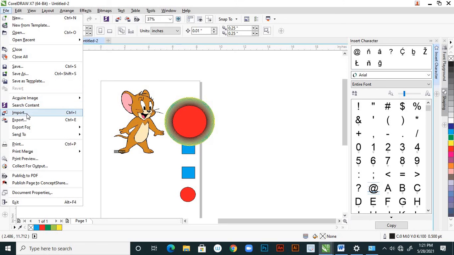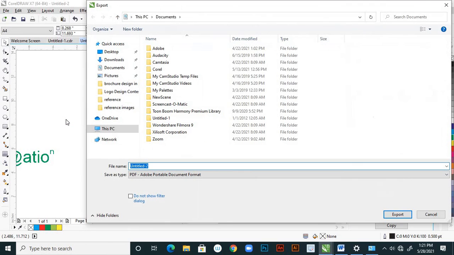And here see, import and export. Suppose if you want to import any image, directly you can import, right? And for export, options are there. So export for Office, MS Office, or web directly, or HTML. Generally in graphic design we just use export.